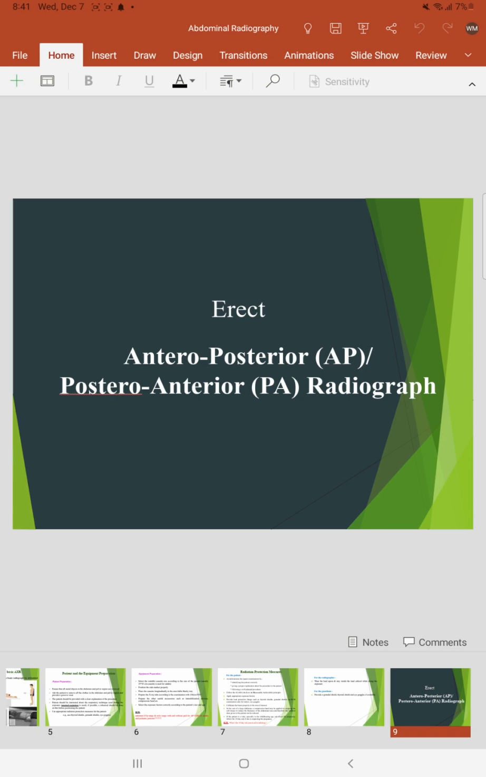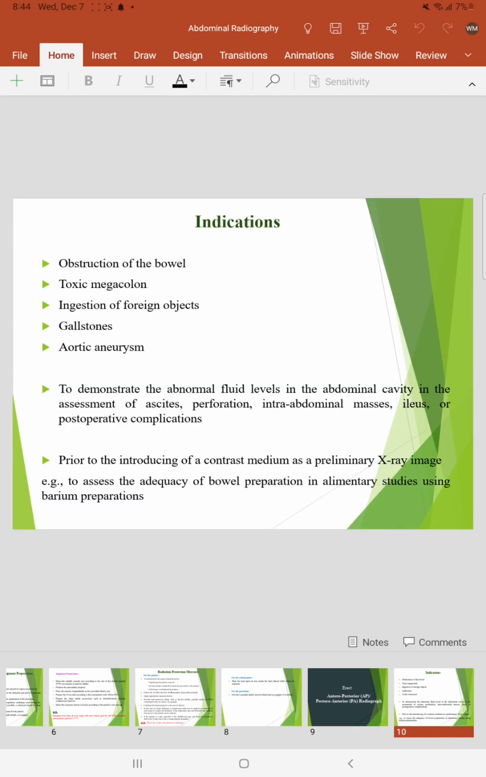Then erect anterior posterior radiograph. What are the indications? Obstruction of the bowel, toxic megacolon, ingestion of foreign objects, gallstones, aortic aneurysm. To demonstrate the abnormal fluid